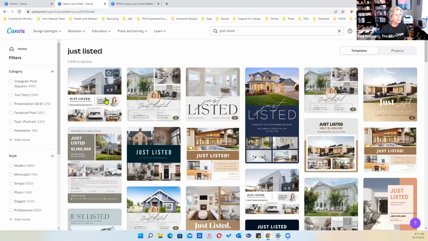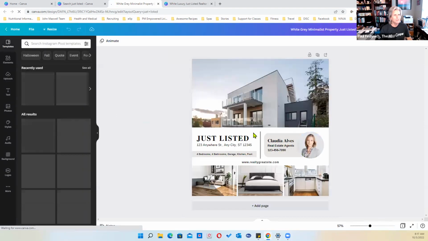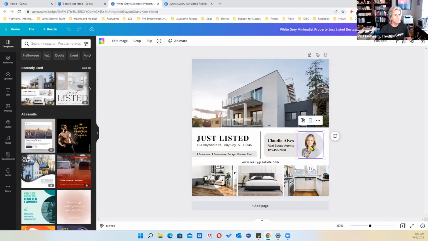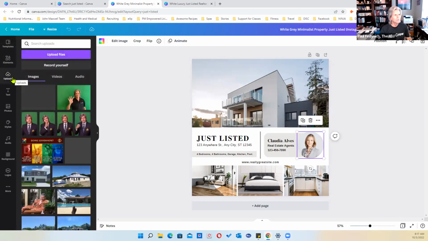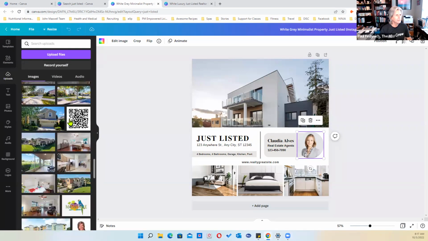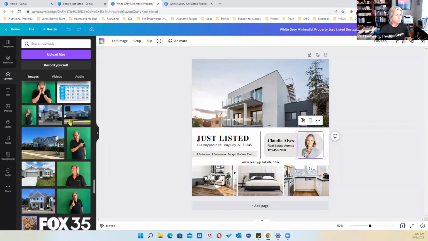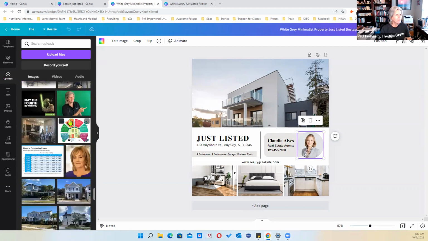Now you can come back here. Maybe you just want a flyer that has all your information and everything like that. So maybe I want to go ahead and change this photo. I'm going to be like, well, I already uploaded some of my photos. So what I'm going to do is go down and find, because whenever I do things like this, it's always me and Valerie,